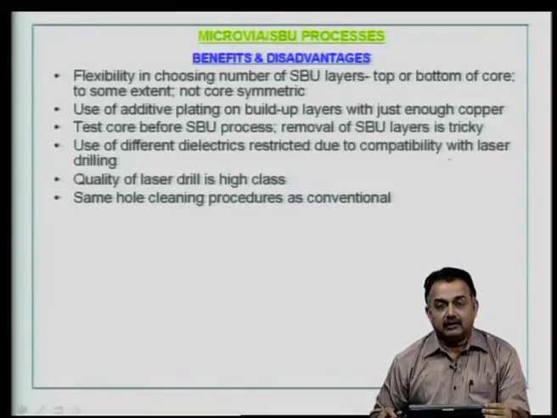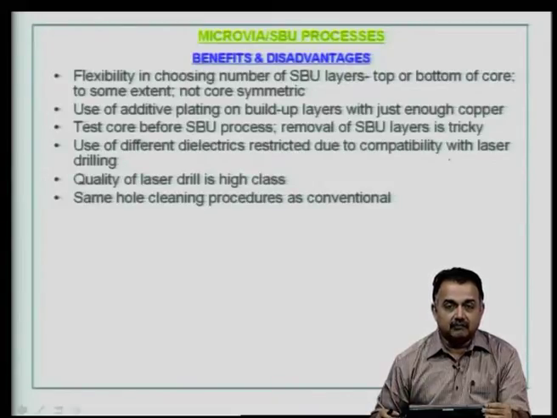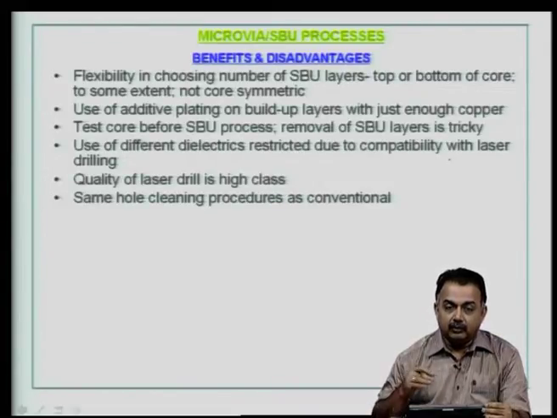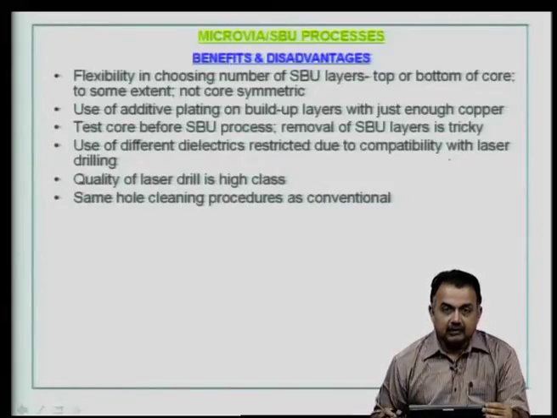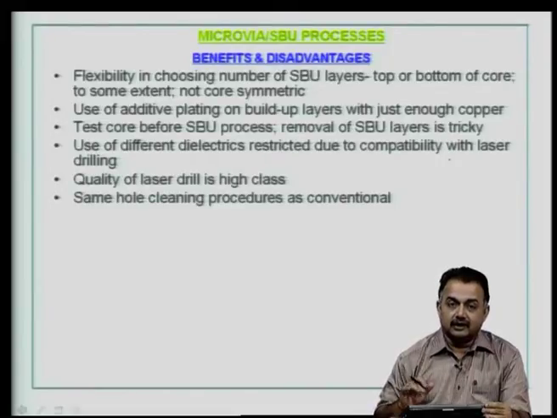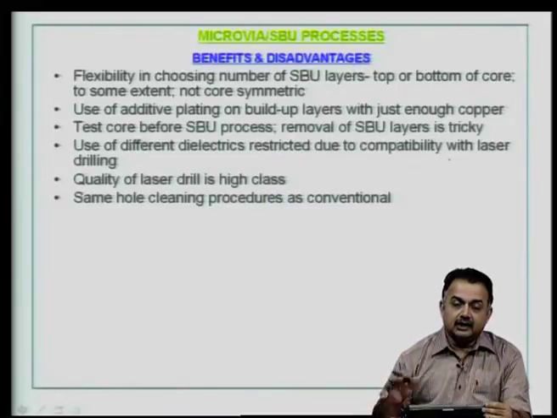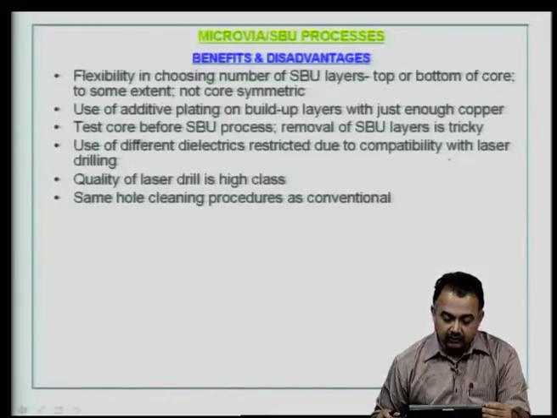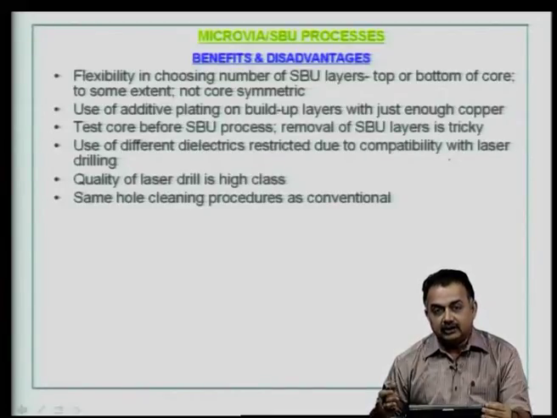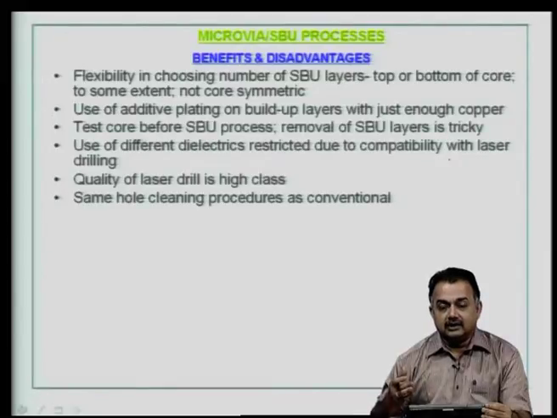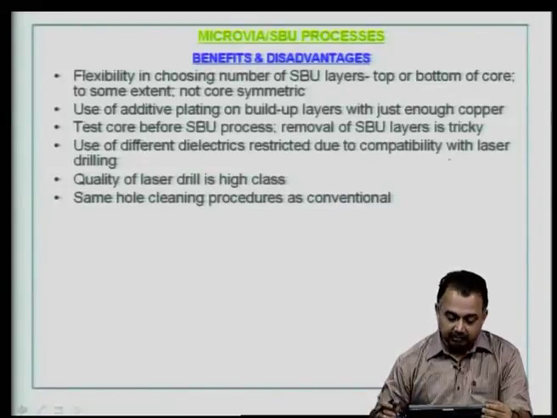Because basically you are not adding too much copper in terms of copper foil. You can do additive plating and add only the required amount of copper, and typically you are talking about signal layers at the top and the bottom of the SBU structure, which means the total amount of copper is very much less compared to a conventional board. So, based on your design, you can ensure that your top layers prepared by SBU can have very little copper,